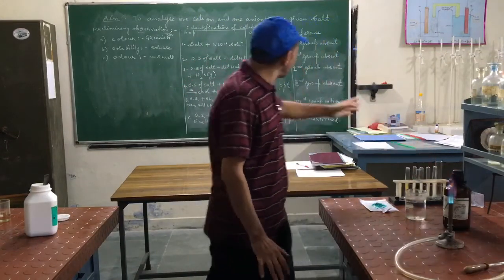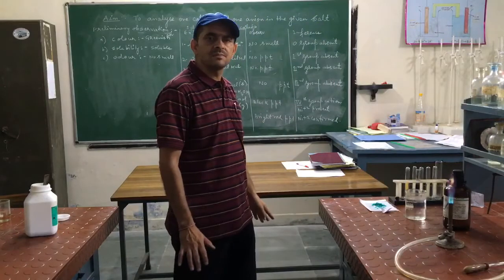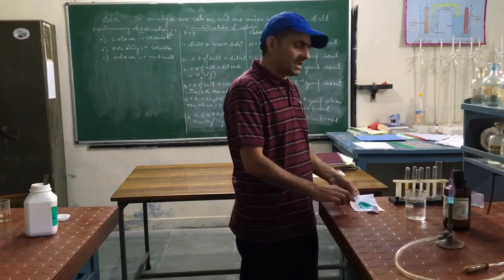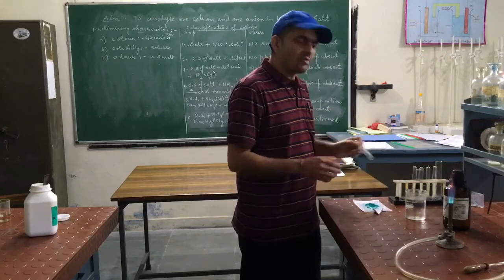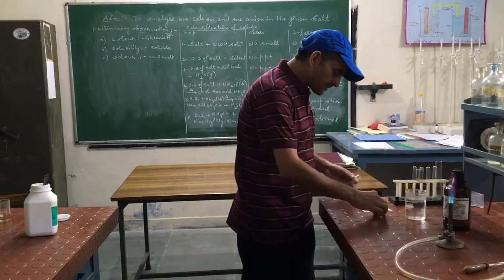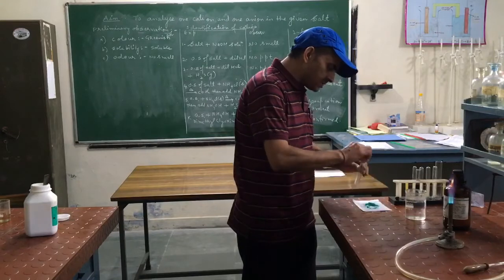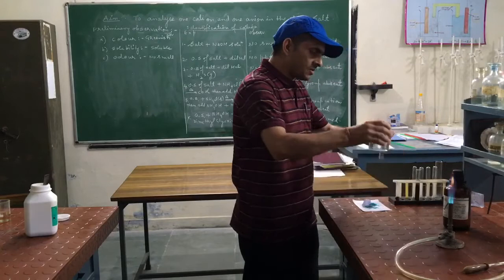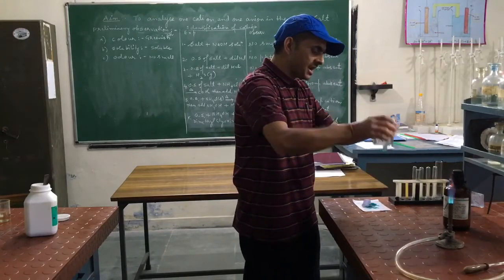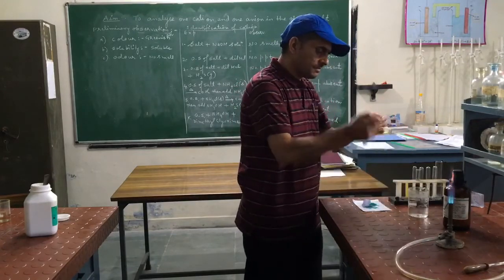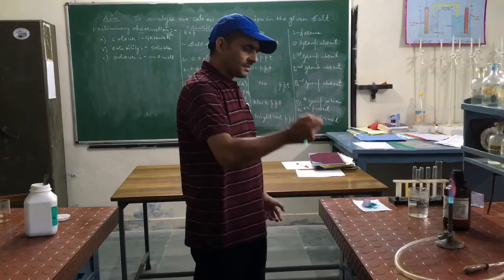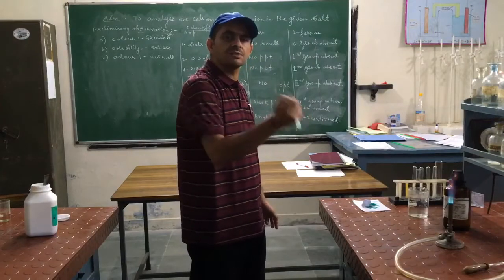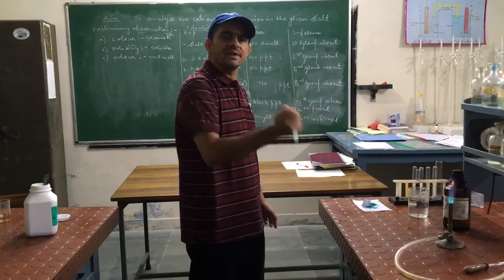Now, after this black PPT, we will confirm what is present. I have written that nickel ion is present because you see the color of the salt. It is green in color. Green color means it is nickel ion. Now we will confirm nickel ion. Taking this salt in a test tube, making its aqueous solution, direct test for nickel ion. By getting the PPT we came to know, and by seeing the color of the salt, that it is nickel, we will confirm it directly.